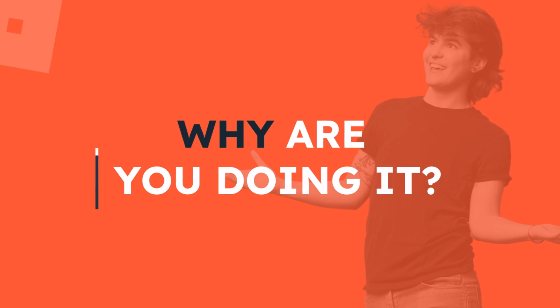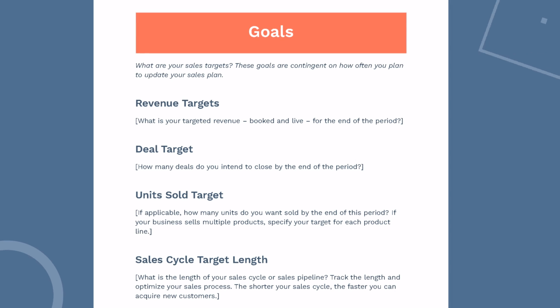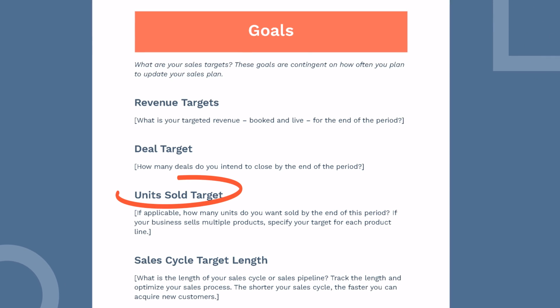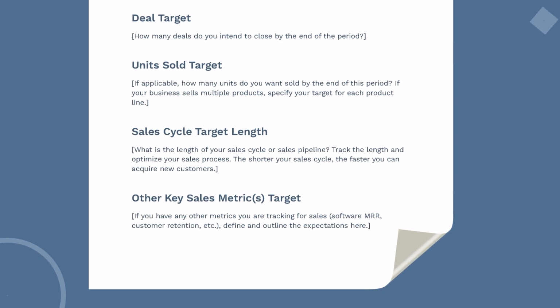And speaking of goals, I think it's time we discuss the why of every sales plan. As in, why are you doing it? Now, the obvious answer is to make money, but that's not what I'm talking about. What I'm talking about is setting specific goals for overall revenue, plus the number of deals, number of units sold, length of sales cycle, and other metrics you use to make sure the right amount of money is coming in at the right time. Whatever decisions you make in the who, what, and how sections of the sales plan should all relate to one of these goals. That's the why that I'm talking about.